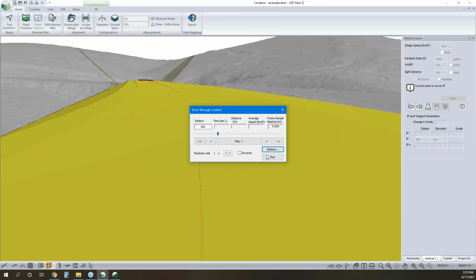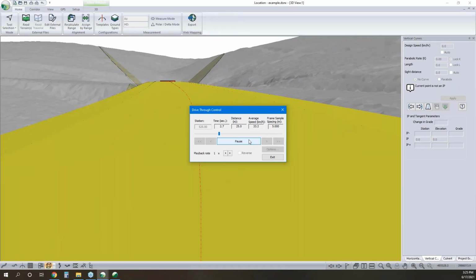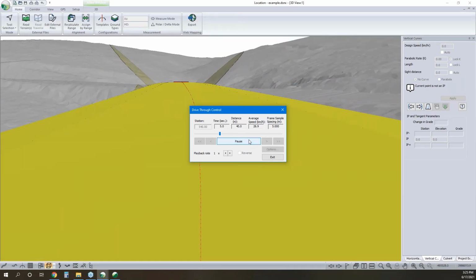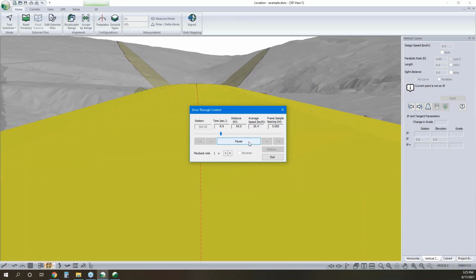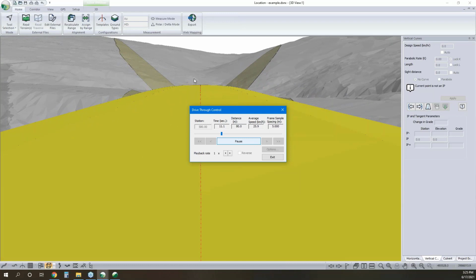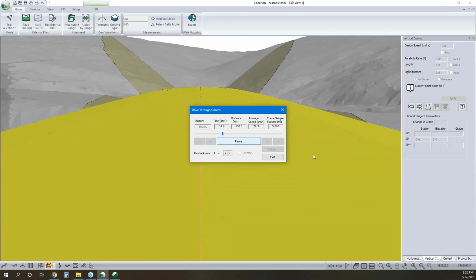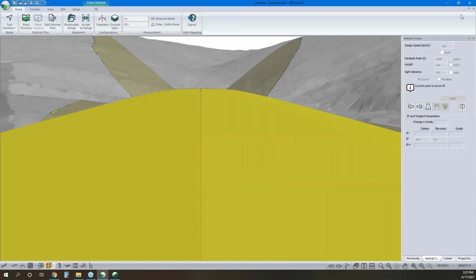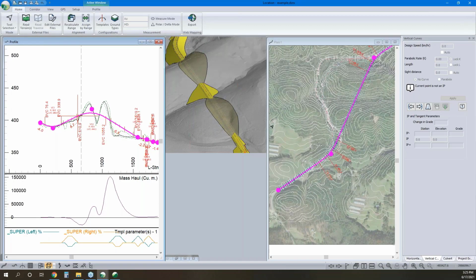So we can see our target. Now we'll hit play. And we'll see as we go over that crest, we're losing sight of our target. Oh, and that's where you can illustrate the importance of your sight stopping distance and